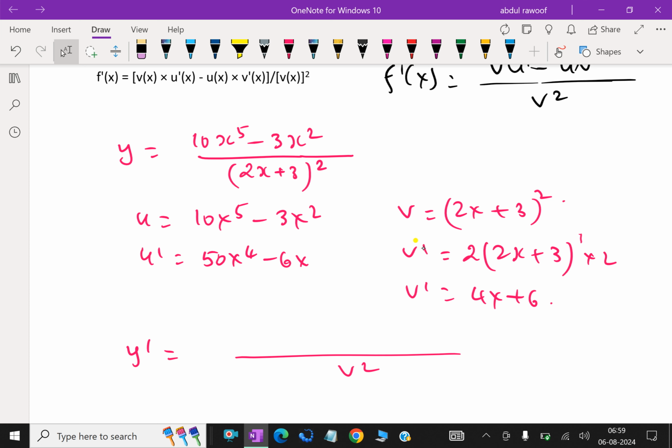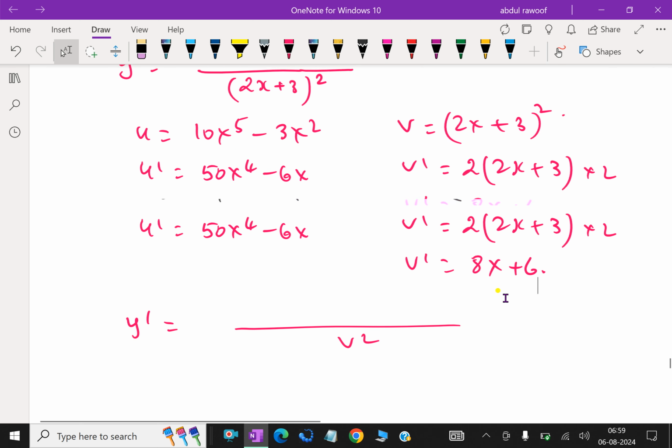So totally here it is 8x, this is 8x plus 3 into 2 is 6. Take note here, if the function is in power, first reduce the power, that is 2 into (2x plus 3) power 1 into the inner differentiation. The inner differentiation of 2x is 2, that is multiplied. Take care here, then v dash into v, u dash